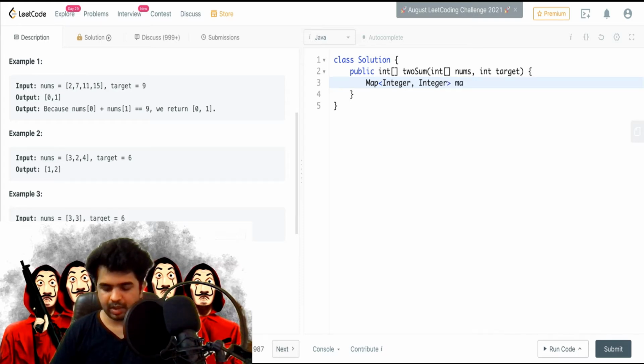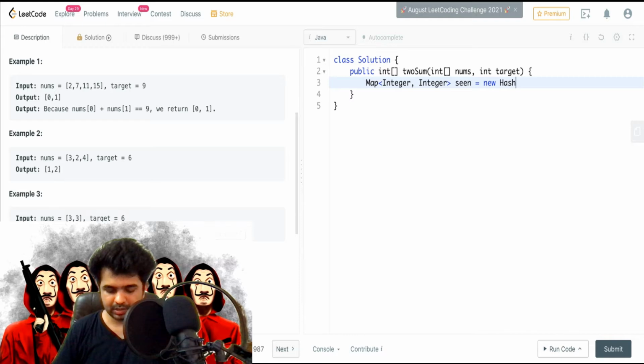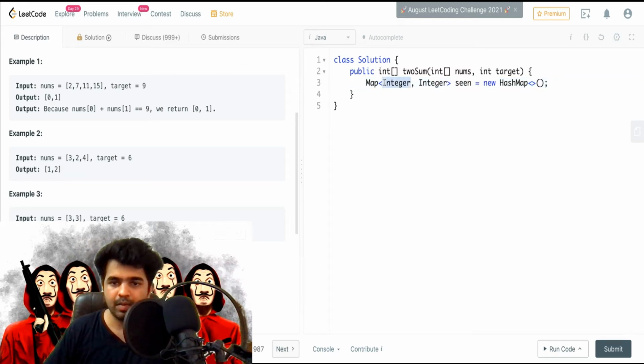Let's call it seen. And we can say it's a hash map. So what will this contain? The key is the number that is there in this nums array, and the value is its index.